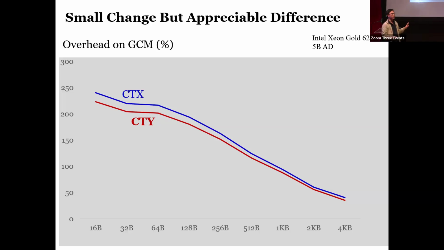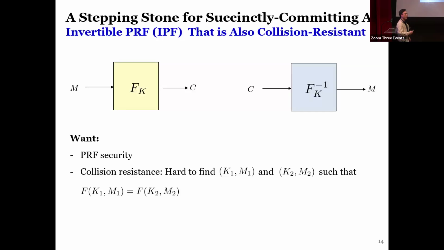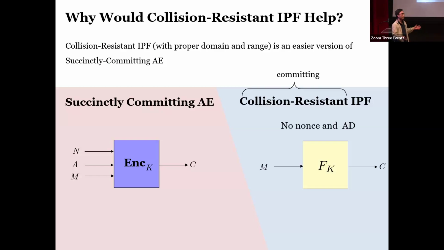So now we have a good committing AE scheme, CTY, but we don't like the ciphertext size. We need to compress that. In order to do that, I introduce a new tool that we call invertible PRF, or IPF for short. So IPF is basically a PRF, and as the name suggests, it's invertible. Think of it as a generalization of a block cipher. But at the same time, to have committing security, we want that IPF to have collision resistance as well. Now if you look at the collision-resistant IPF and committing AE,